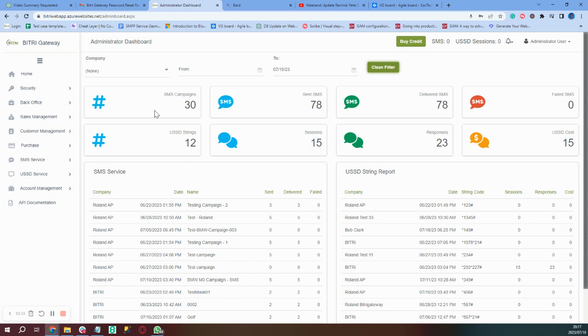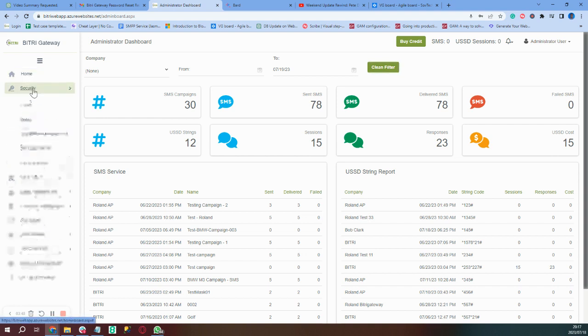Now, the part that I just wanted to take you through here is the security component first. On the security component, we have five main features. We have users, we have roles, we have application management, we have security policy, and we have configuration. So, managing users. When you go to users,